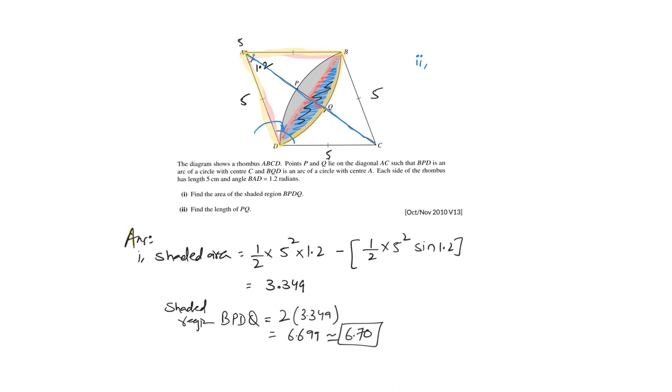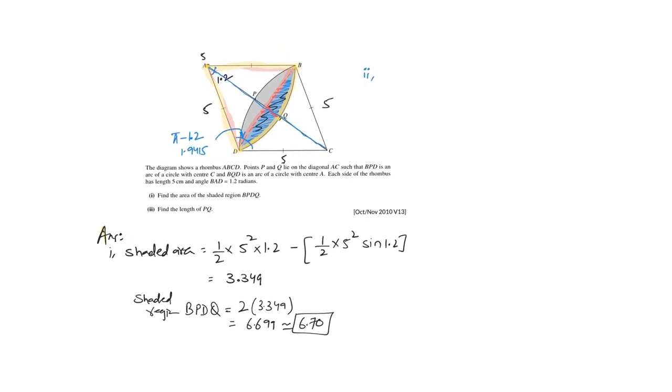If the angle is 1.2, then this angle would be pi minus 1.2, which is 1.9415. Once I have this angle, then apply the cosine rule, which was AC square is equal to 5 square plus 5 square minus 2 times 5 times cos of 1.9415,